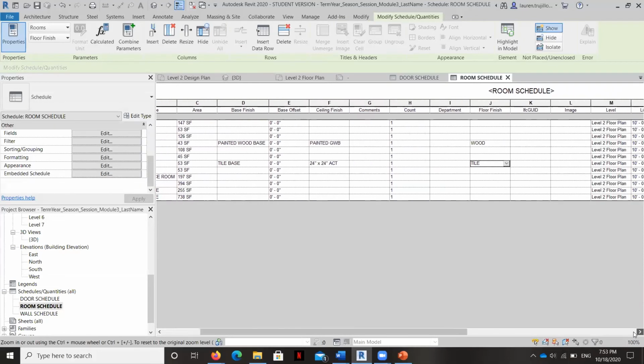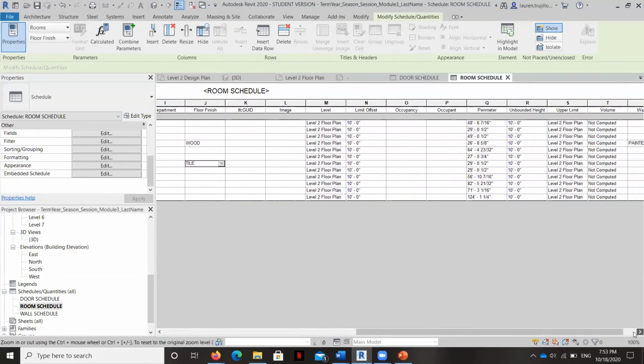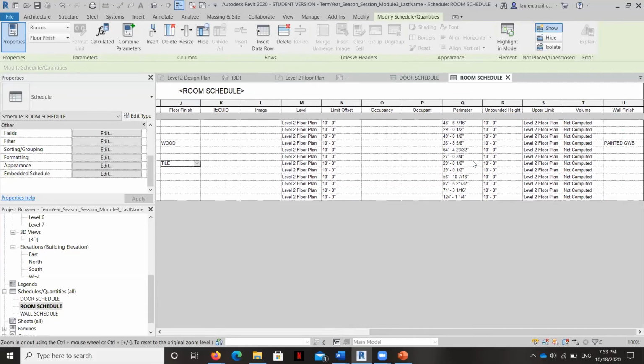Then all I need to do now is go over to the wall finish, and it's going to be a combination of painted gypsum wallboard, remember, because we have that split face, and tile. Again, this is why it's really helpful that these are sort of smart information that doesn't need to be determined by Revit, but is better for the designer to determine this.